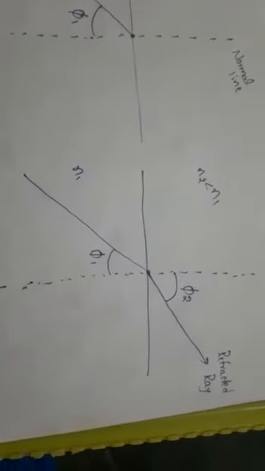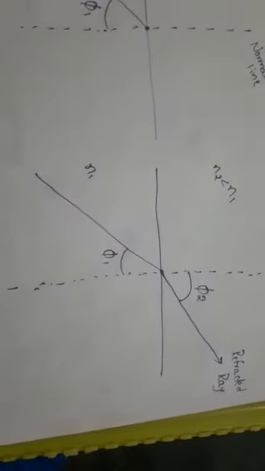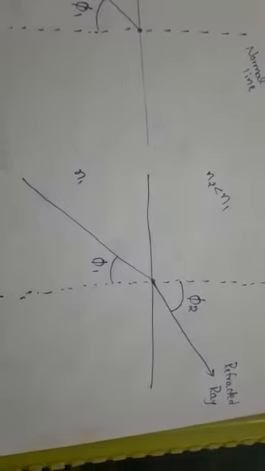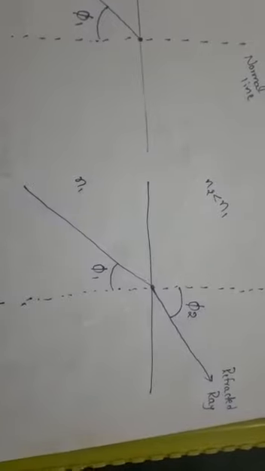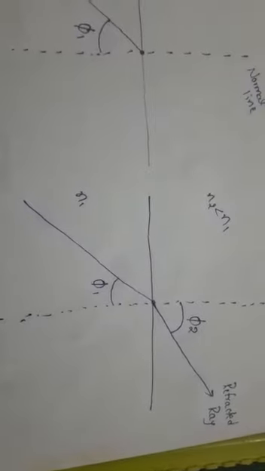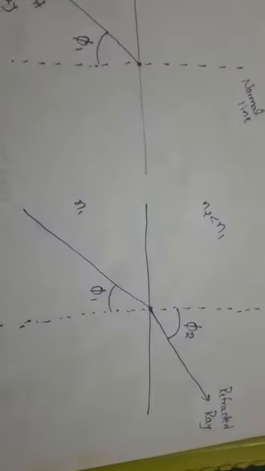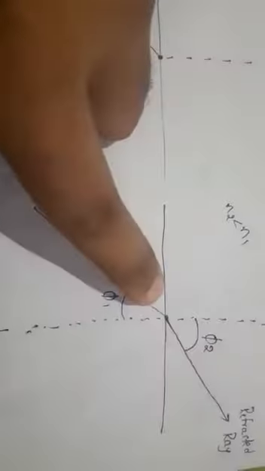Suppose you take a pen and enter it in water, it will look slightly bent. If you observe properly, whenever it enters water, it will be bent. Actually it is a straight line, but the pen looks slightly bent there. Same like that, if I apply the light here, it will be bent. Some part of the light will be bent here, and that is called the refracted ray.